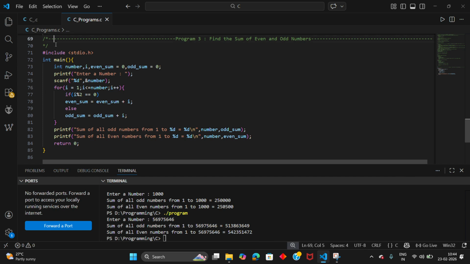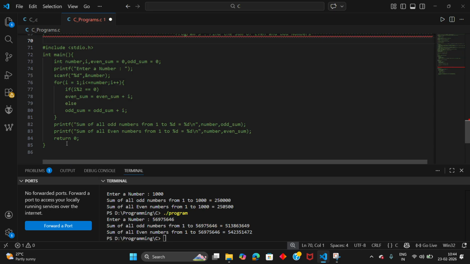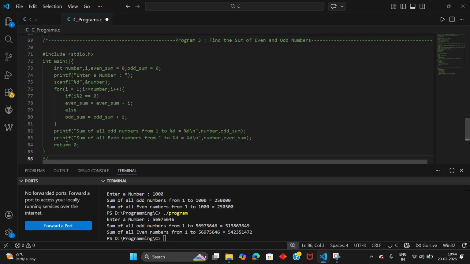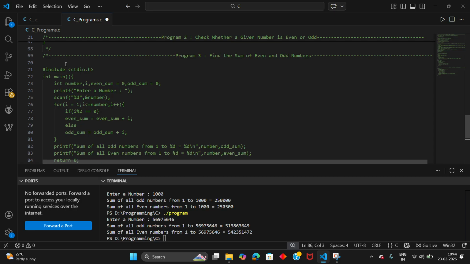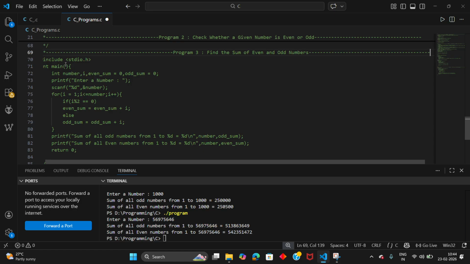And also in this program, the main heart of the program is the for loop. The for loop is used to iterate all the values from 1 to the number that we are going to enter.